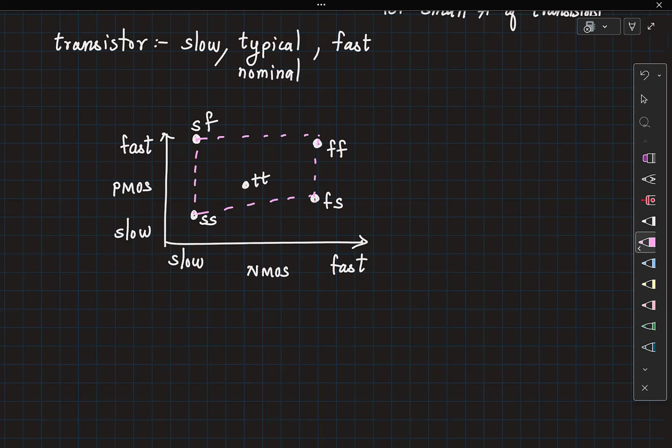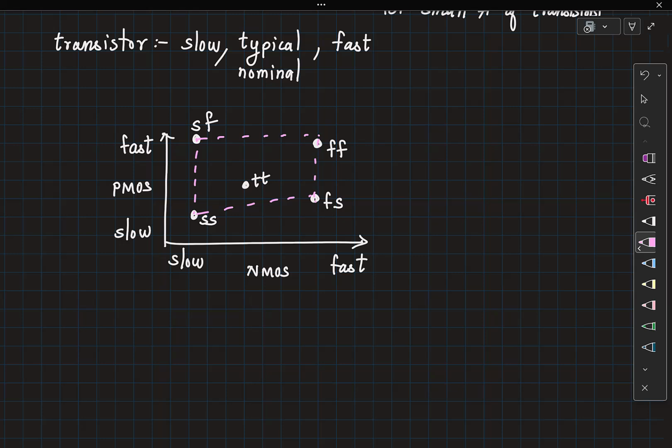So now when you send a design for fabrication to the foundry, you do not have control over whether the chip is going to come in the typical corner or in SS or FF or any of the other corners, right? If you are using NMOS transistors, PMOS transistors, resistors, inductors, and capacitors on your chip, it's possible that all of them can come in different corners.